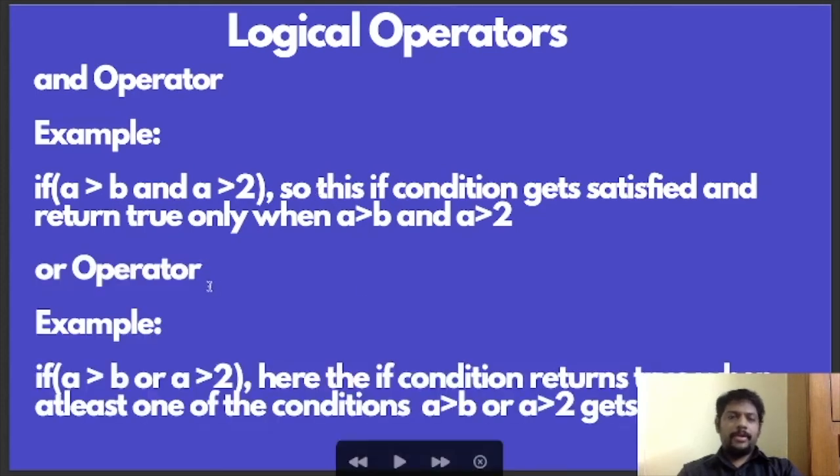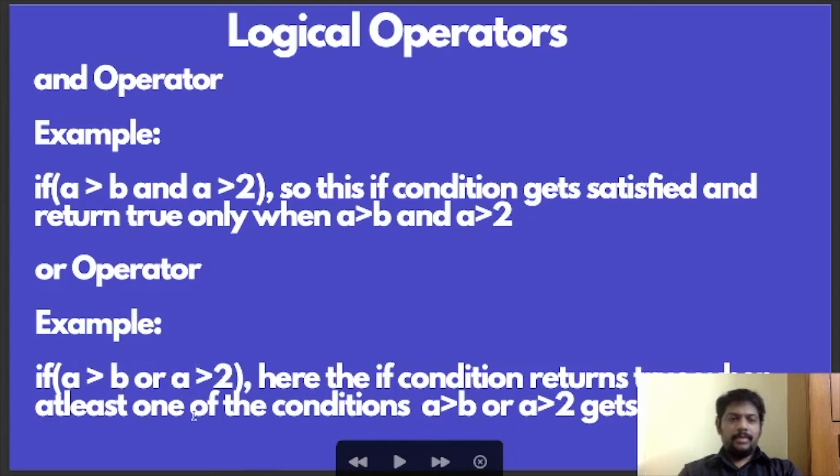Next, the OR operator. In the OR operator, even if one of the conditions is true, then this if condition will return true. Consider the same example, A equal to 2, B equal to 1. That means 2 greater than 1 will be true, but 2 is not greater than 2, so this will be false.